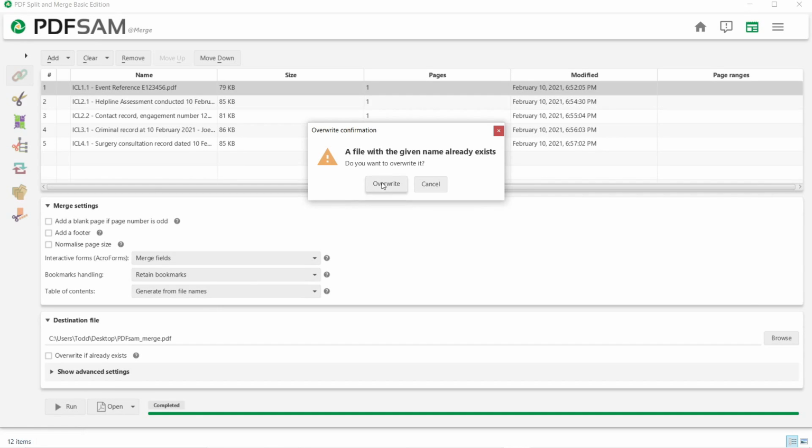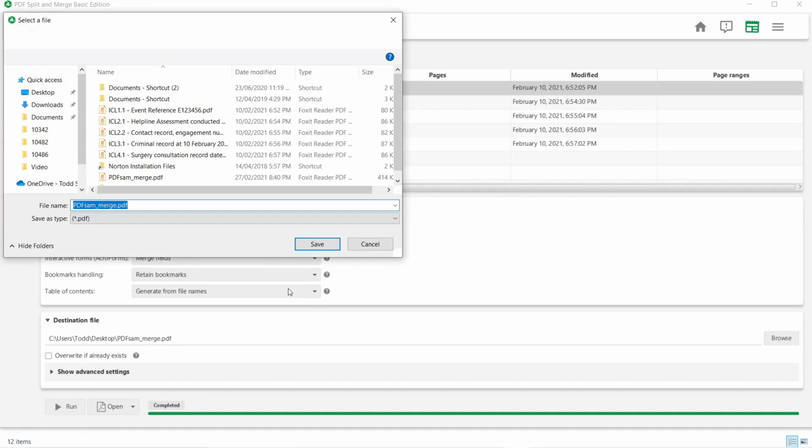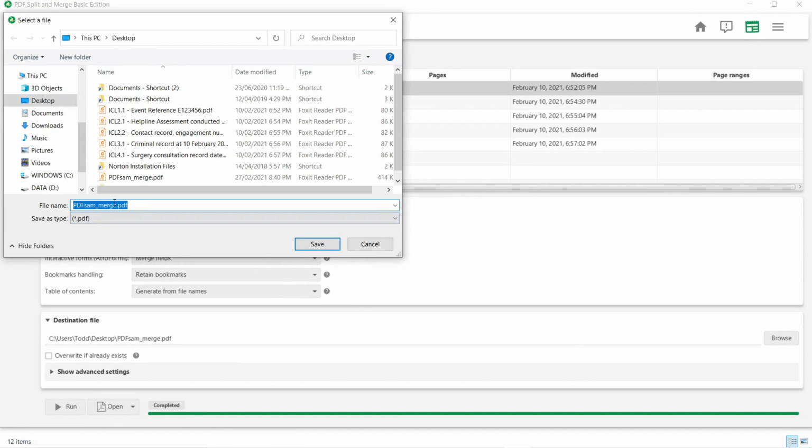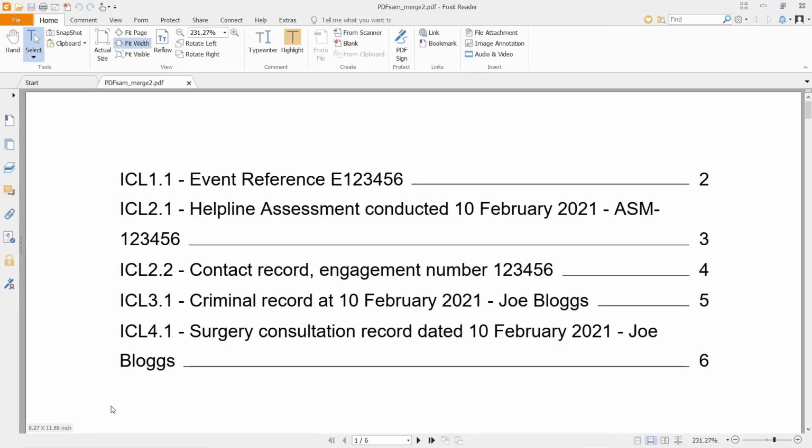Now I've created one earlier, but I'm obviously want to do it again. So what I'll do is I'll show you. So let's say PDF merge 2, so we can change the name of it a little bit. So we want to click on Run. It's complete. So now we want to open it up, see what we've got. And here we go, much like the first one,